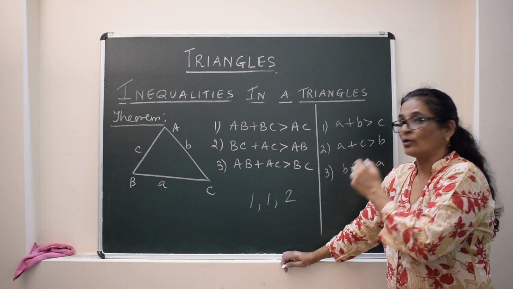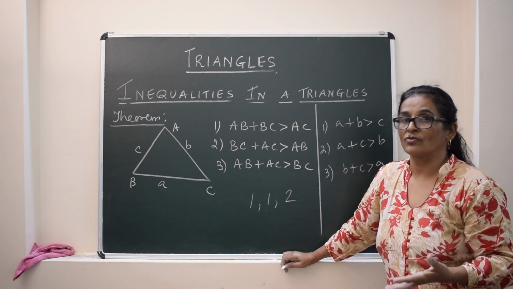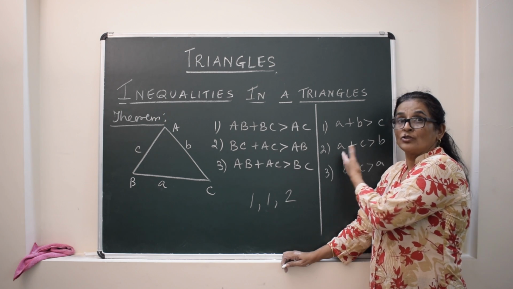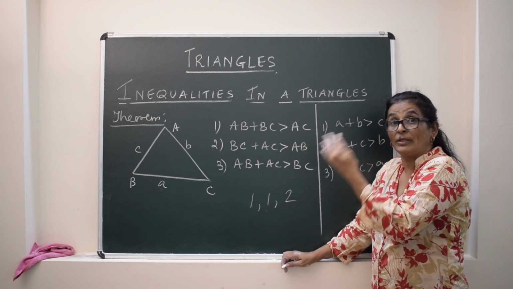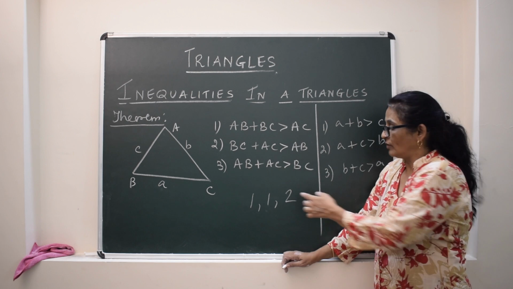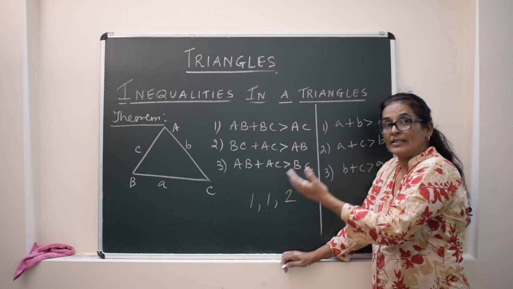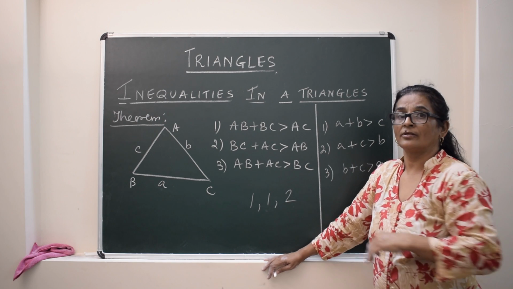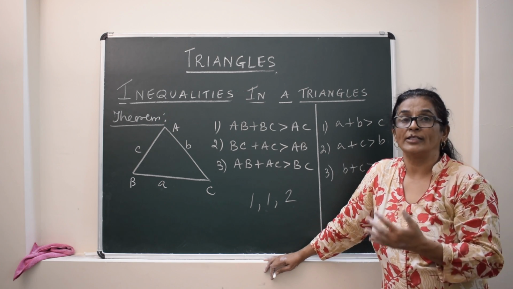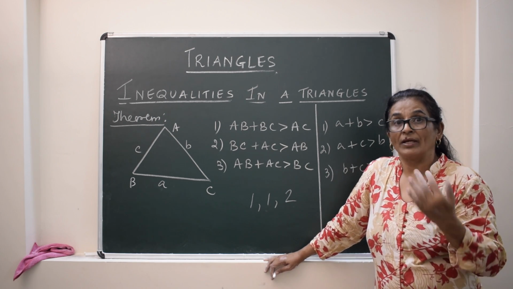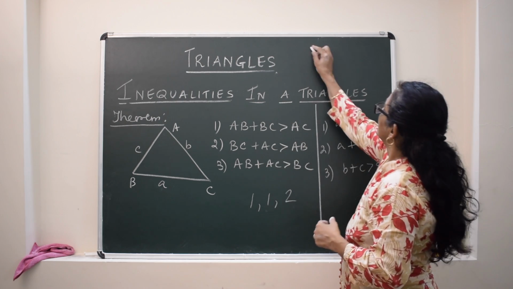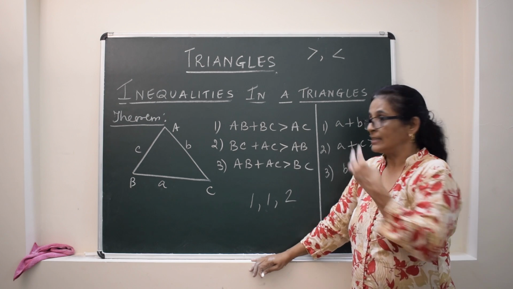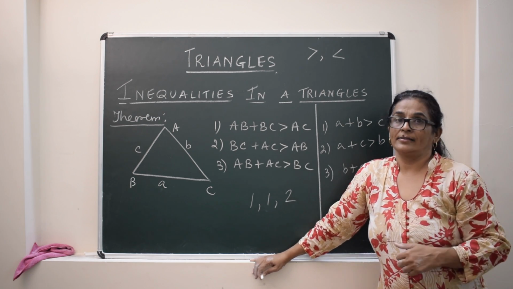So by this we can also check whether the construction of the triangle is possible or not, because the sum of two sides should always be greater. It will not be equal or lesser than that. So if any three lengths are given, we can easily say whether the triangle is possible or not. So these are the three theorems which I have given for inequalities, means the comparison. We have used the symbols greater than and less than for these sides and angles.